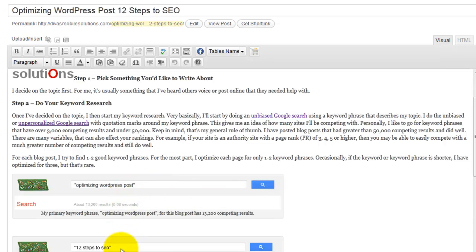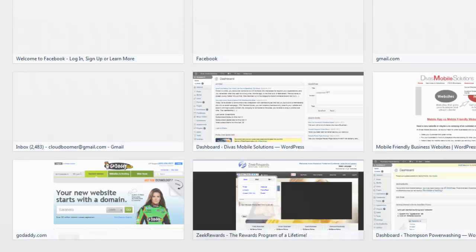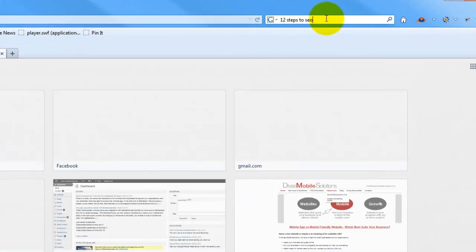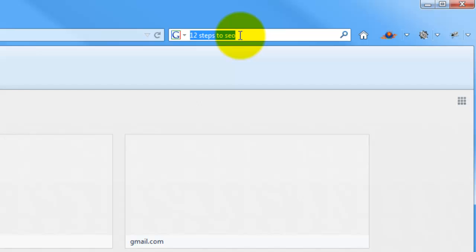So let me give you an example here. Here's one, 12 steps to SEO, and that's what I actually ended up naming it. I've got optimizing WordPress post as one keyword phrase, and then 12 steps to SEO is my second one. So I go up here to my unpersonalized or unbiased Google search, and I'm going to type in 12 steps